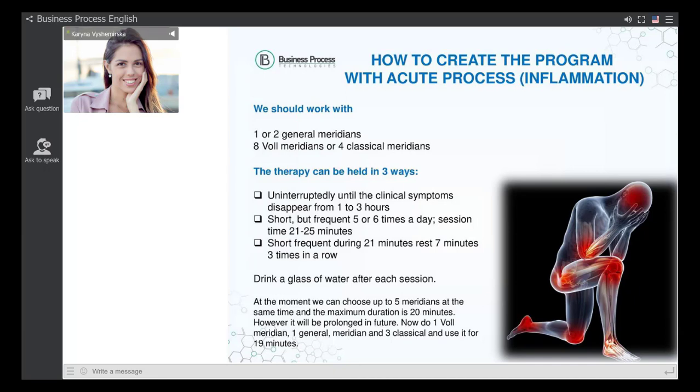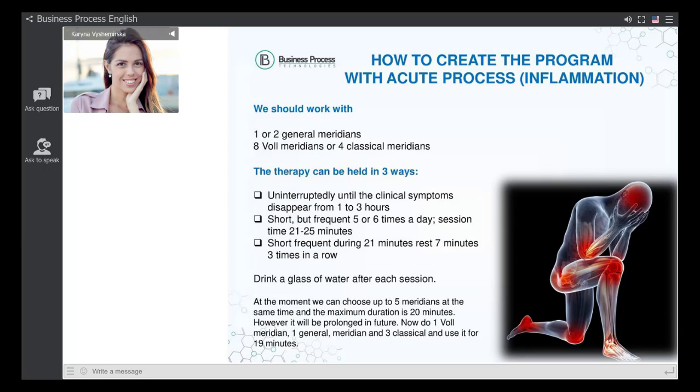We can only use maximum like 5 meridians at a time and during maximum 20 minutes. However, this will be prolonged in future. We are sure because we are comfortable about it, so you will not have these restrictions in future. In this presentation, I will tell you how it should be in a perfect condition, but even with this restriction, I will give you the ways to do it so that this presentation will be useful not only now when we have this restriction, but